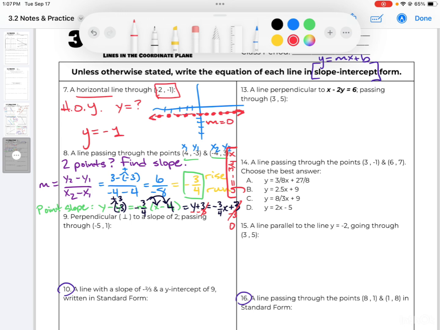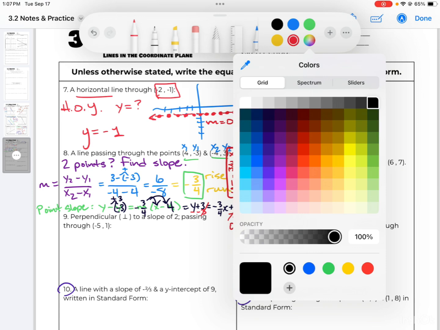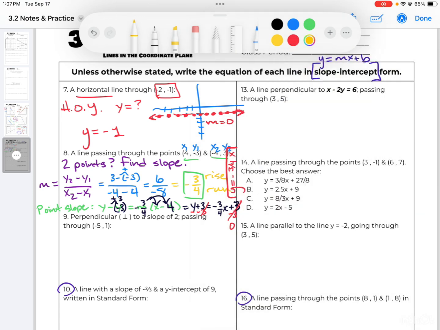All right, moving on. For number 9, the question states that you're trying to draw the equation of a line that's perpendicular. That's what this symbol means. Okay, I just put it in there so you could start seeing it and understanding that when you see that symbol, it means that two lines are perpendicular. And it's got a slope of 2, and it passes through 5, negative 1. So first thing that I hope you remember from day 3.1 is that perpendicular slopes